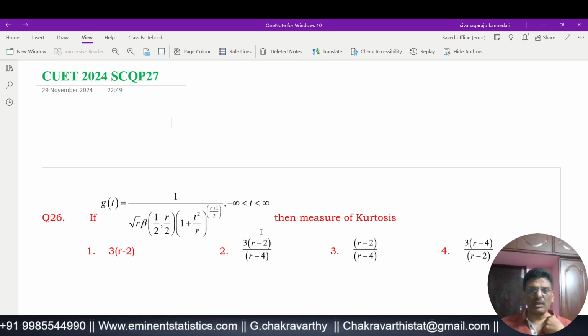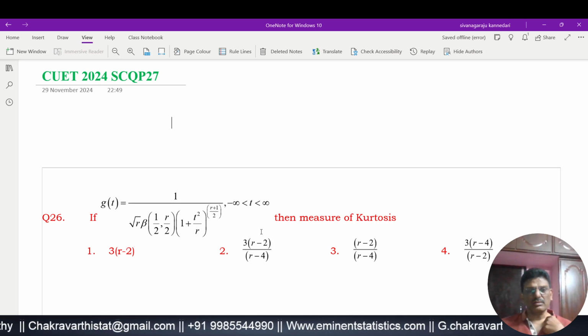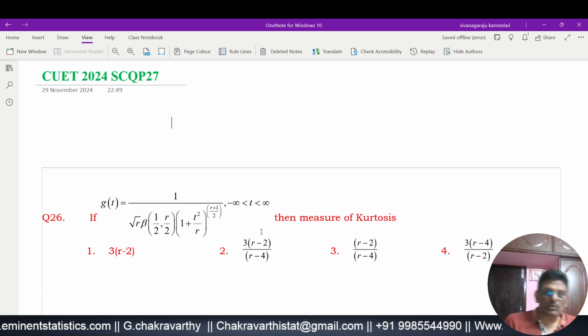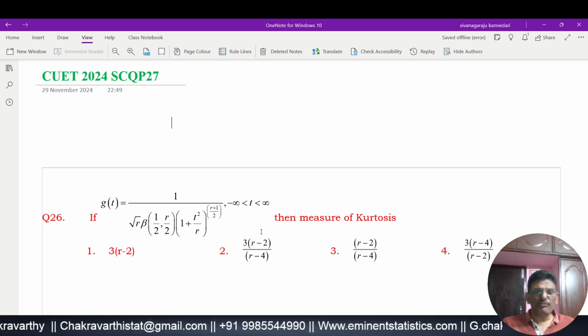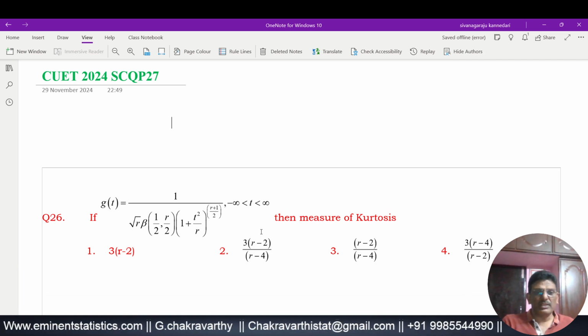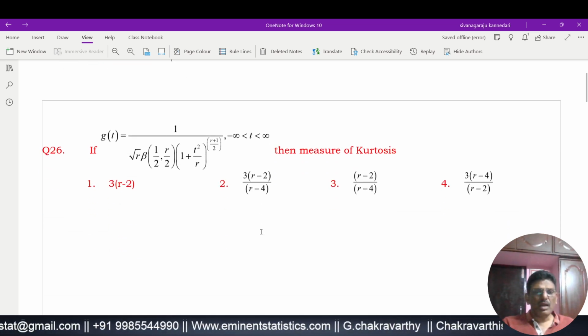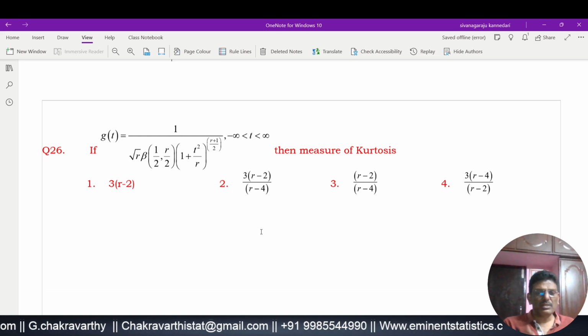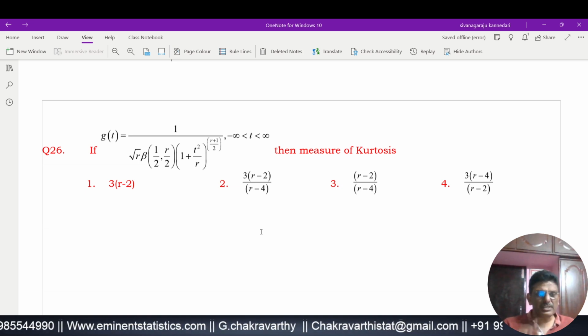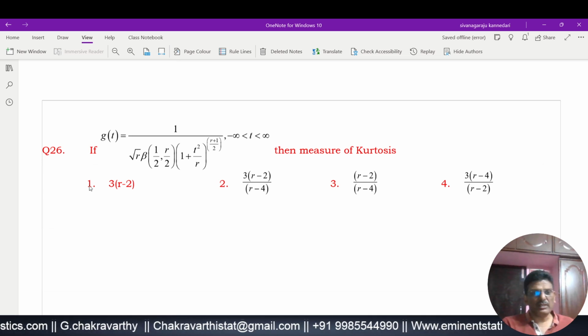based on some other mixing topics, we can also solve 5 to 6 questions. Only 4 questions are to be dropped because the questions involve very lengthy calculation. So now in these sessions, I am giving the complete detailed solutions with shortcut methods. The first problem of the statistics part, the 26th question,